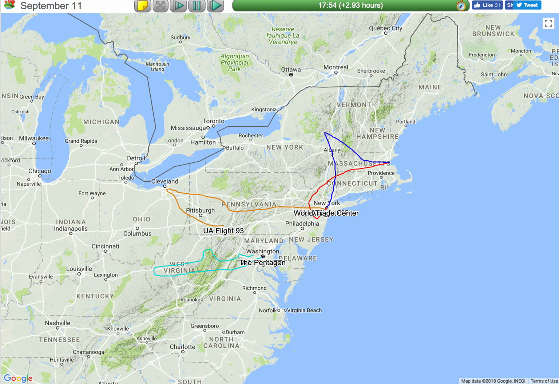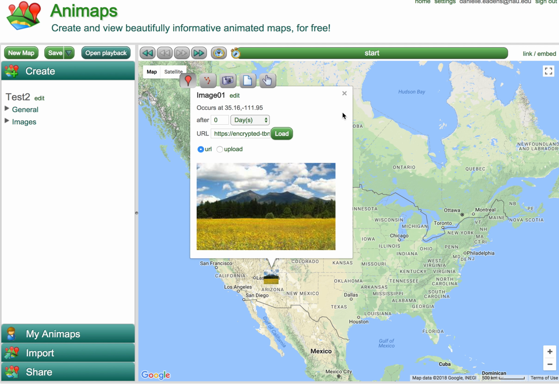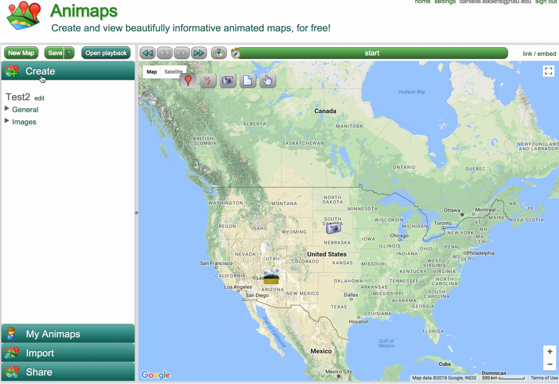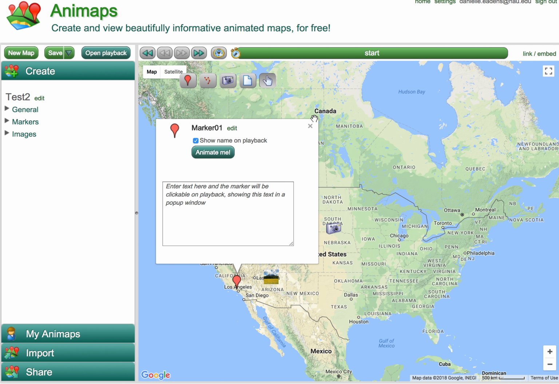And then I'll show you the dashboard of what it looks like when you want to create something. So I added this image in here. It's simply an image of Flagstaff, just indicating where that is. But it's super easy. You can just grab a marker, and let's say I wanted to indicate that we were moving from